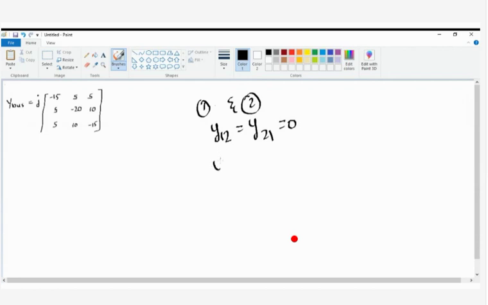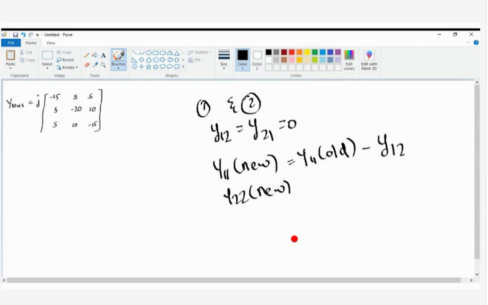So y11 new is equal to y11 old minus y12, and y22 new is equal to y22 old minus y21, right? So basically the Ybus becomes